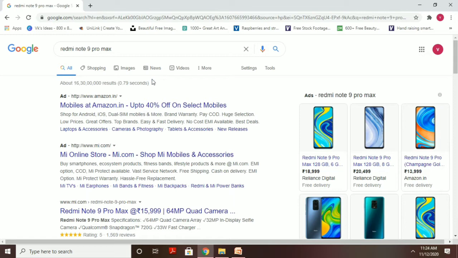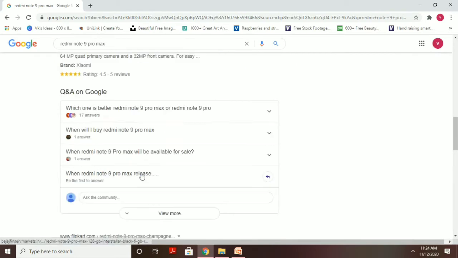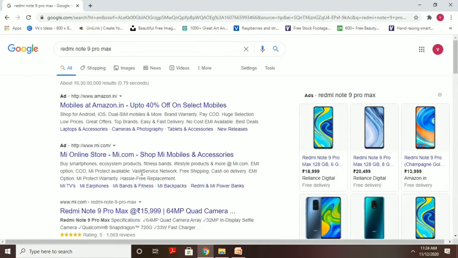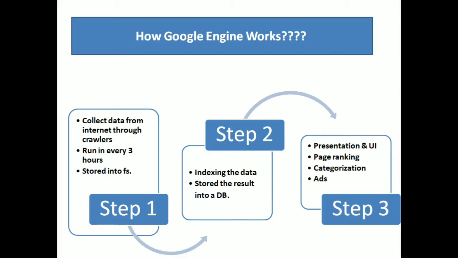So how does this website work and what is the criteria on which it is focusing? It is giving us different customized views, and it provides us different URLs or pages so that we can refer to them and achieve our desired result. So how does this work and what are the different factors that affect it? It works in three stages.